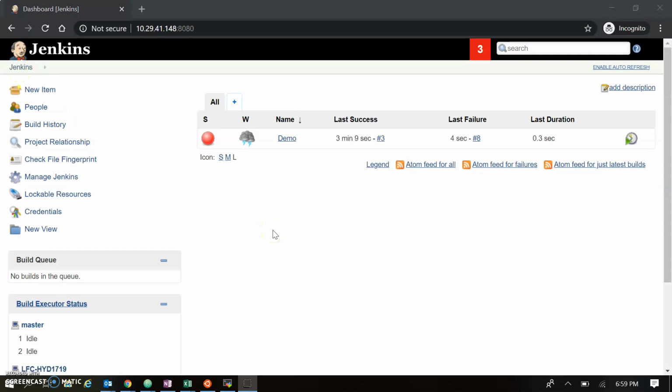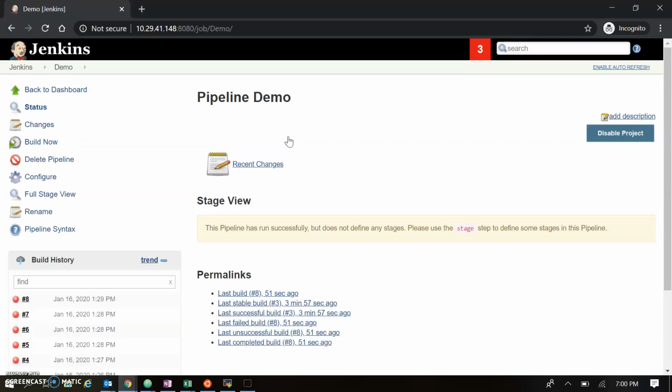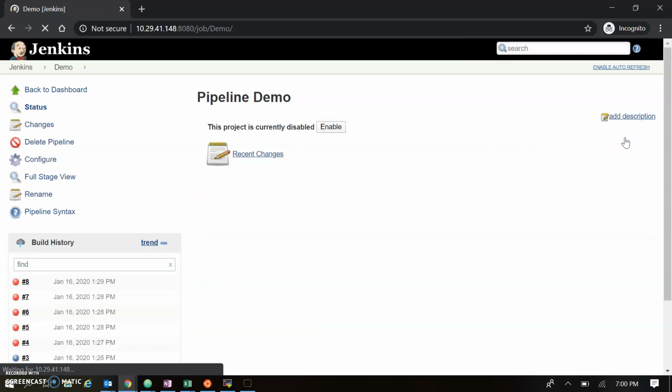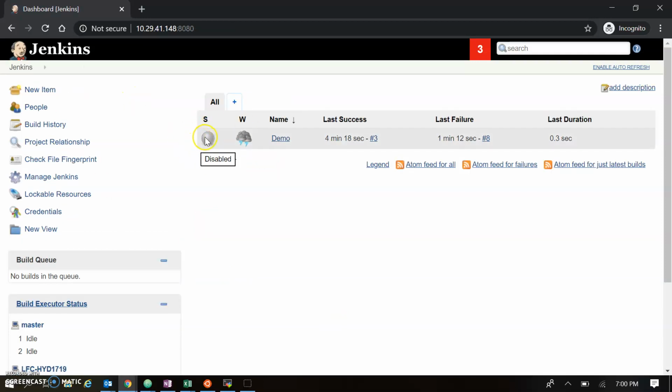Now our project has failed continuously, so let's disable this project. I'm going to the project level, and here in the project configuration you will find the disable project option. So let's disable this project. When you disable it, the build button is automatically removed from here. You are now not able to build anything because it's a disabled project. Let's go to the dashboard view. Here it changed the icon from red to brown, and now it's showing disabled. So you are not able to trigger your build from here either.